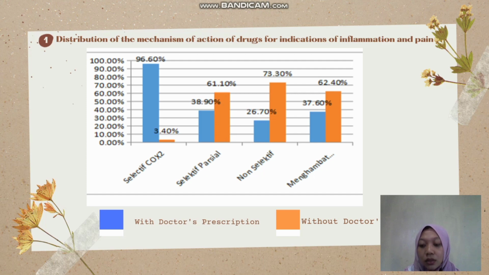Sources of anti-inflammation drugs: most are available from pharmacies at 38.3%, from health workers 23.6%, and from formal health services 22.1%. However, there are still many people who get non-steroid anti-inflammation drugs from drugstores and food stalls.